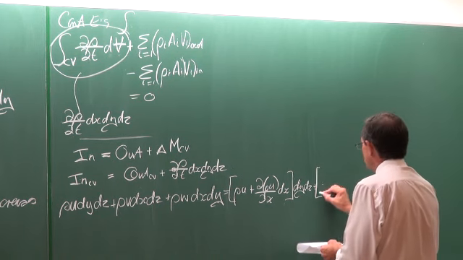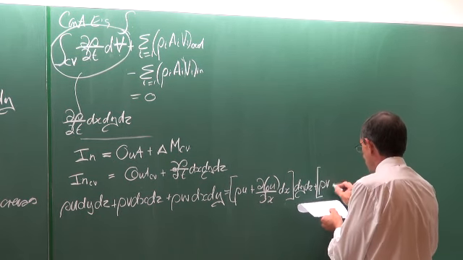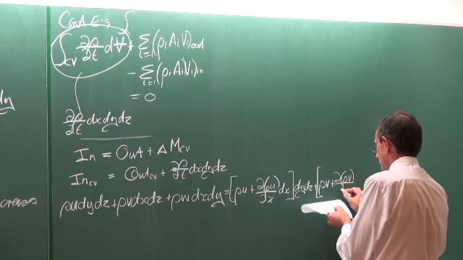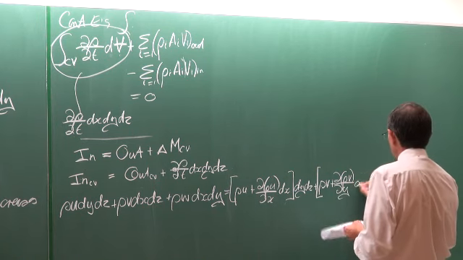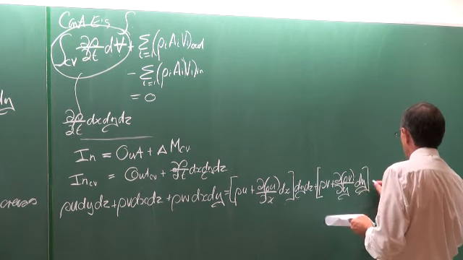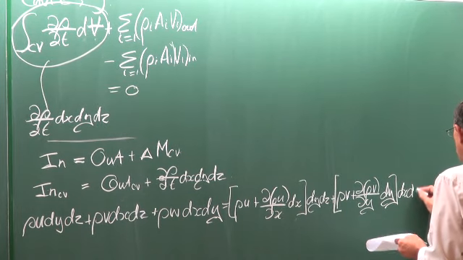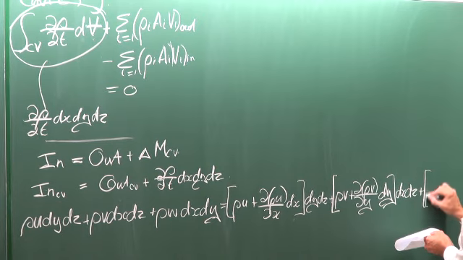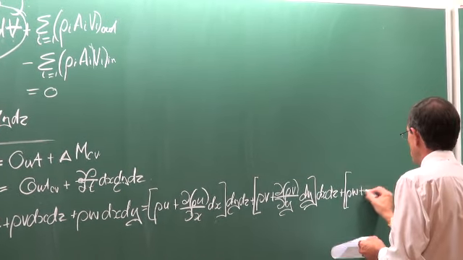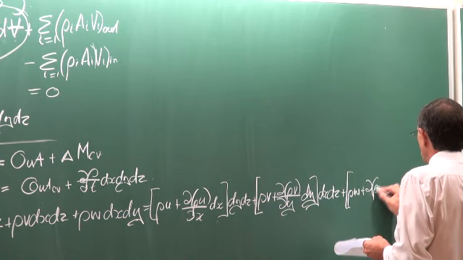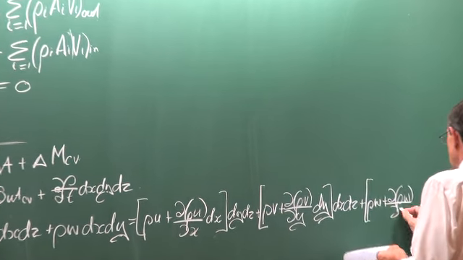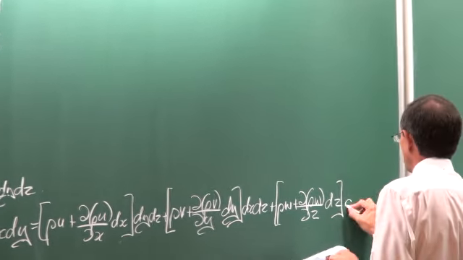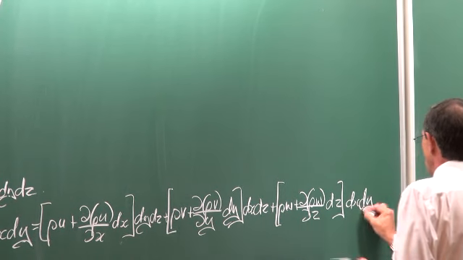It is equal to rho multiplied by v plus partial d rho v dy multiplied by dy, multiplied by dx dz, plus the last term, which is equal to rho multiplied by w plus partial d rho w dz multiplied by dz, everything multiplied by dx and dy,